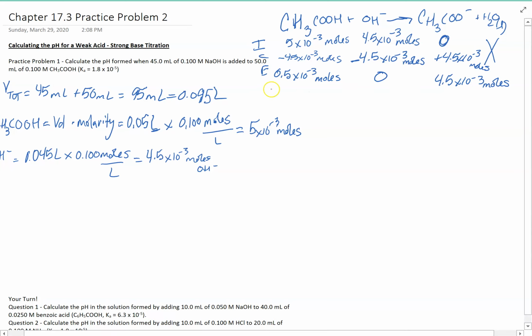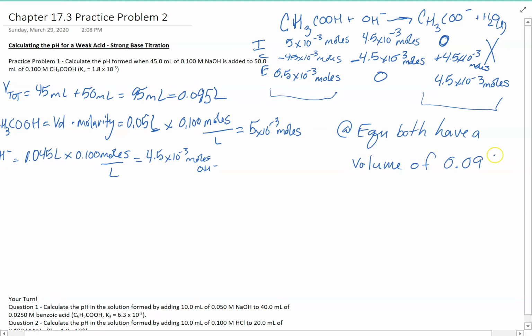I've got CH3COOH, and I've got CH3COO-. If we're saying these are present at equilibrium, both of them have a volume of that 0.095 milliliters. That's what was added together. That's the total finite volume. So